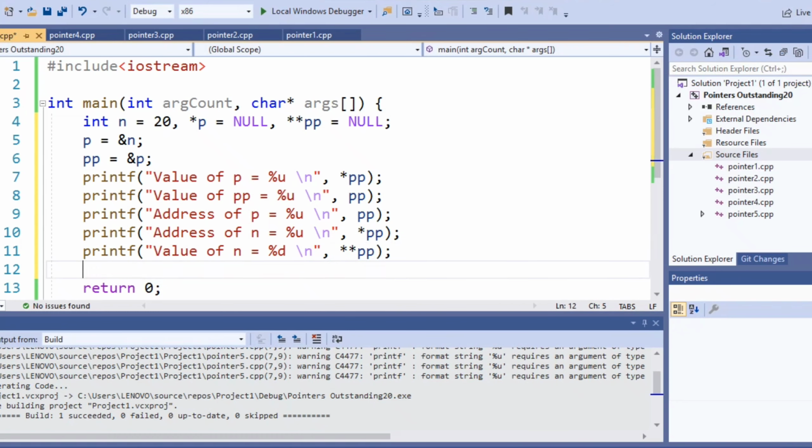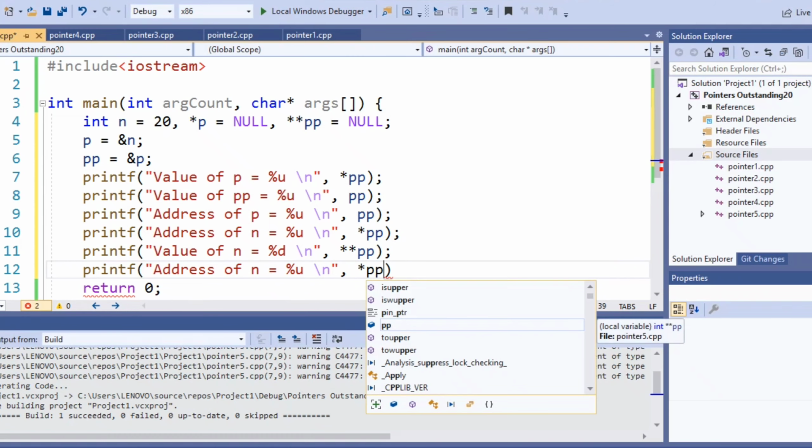The reason is, once we dereference pp, that is the address of p, we get the address of n, which we have to again dereference, that is apply star a second time to fetch the value of n. So the address of n, as you can see, is the value of p. So the value of p we can get saying star pp.